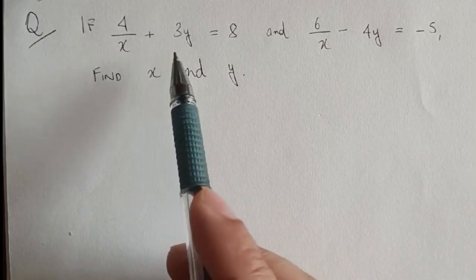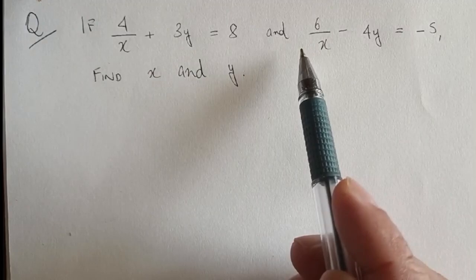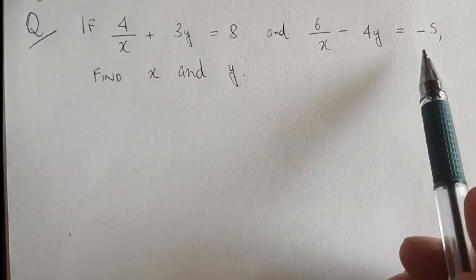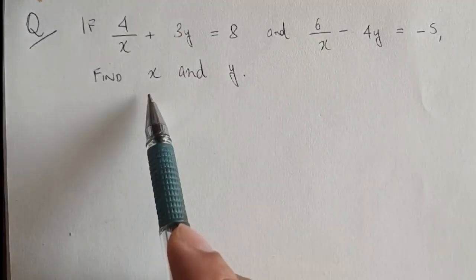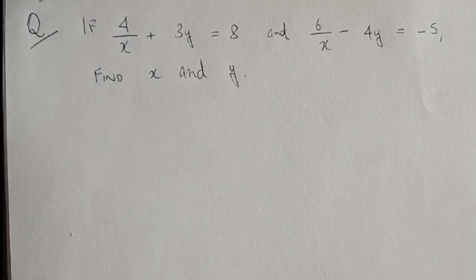So if 4 by x plus 3y is equal to 8 and 6 by x minus 4y is equal to minus 5, find x and y. Okay, so let us use the first method, which I am saying is the more difficult method. So let's answer A,